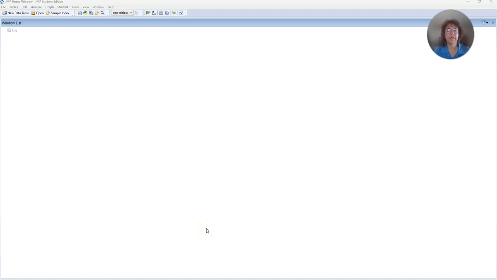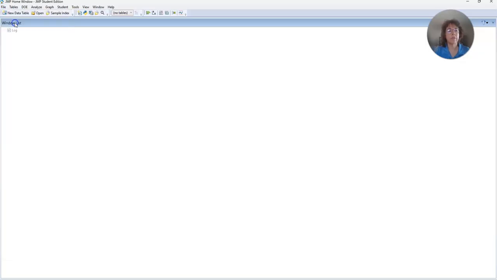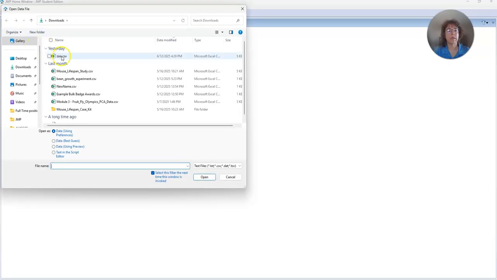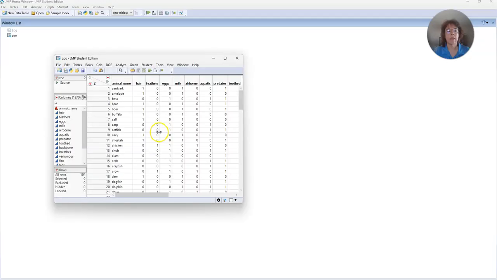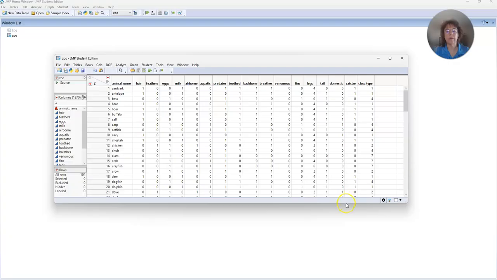Okay, so here's a fun little assignment using a zoo animals data set. So first, you're going to load the data set that I gave you. Go and open that zoo.csv that you downloaded. And now that it's active here in this window, we're going to perform some